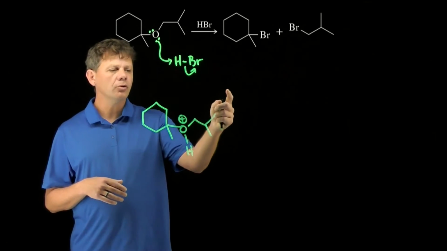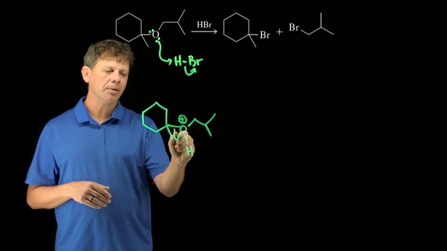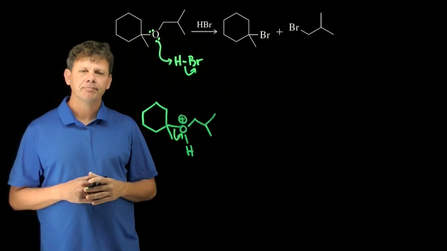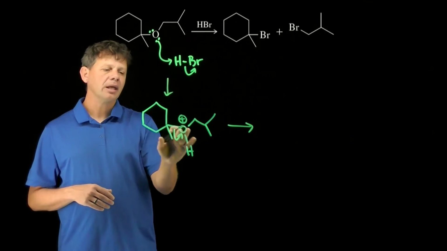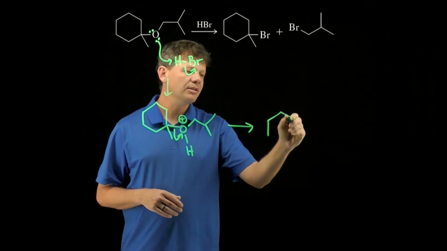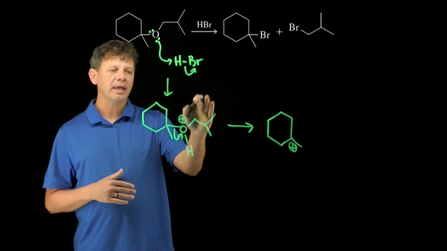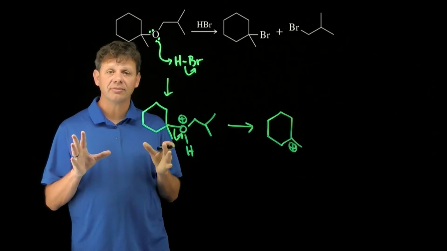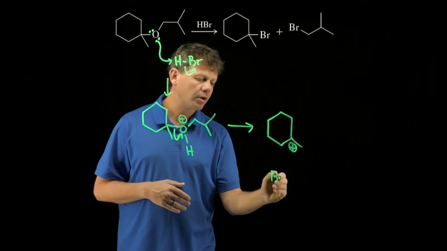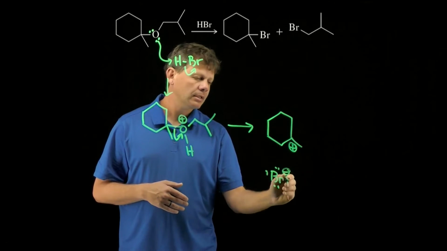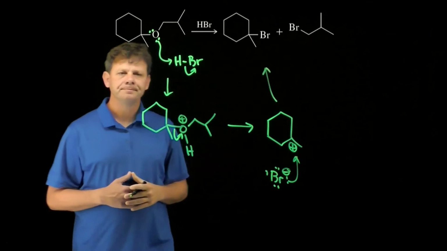So our choices are two molecules coming together to do an SN2, or one molecule simply falling apart in an SN1 reaction. The SN1 reaction happens first. So the first C-O bond that's going to break is going to be this one, because it's going to be easier, faster to just form a stable carbocation than it is to do that SN2 reaction. Not to say that the SN2 reaction can't happen, because we're going to see it happen in just a second. Once we've formed this carbocation, though,